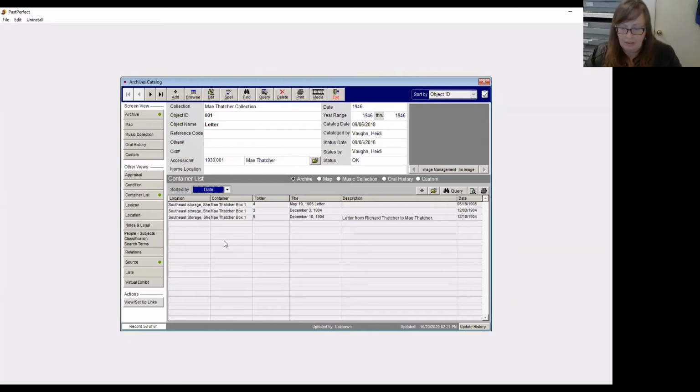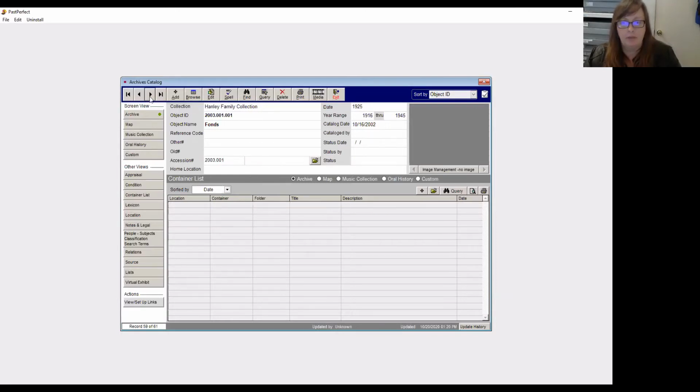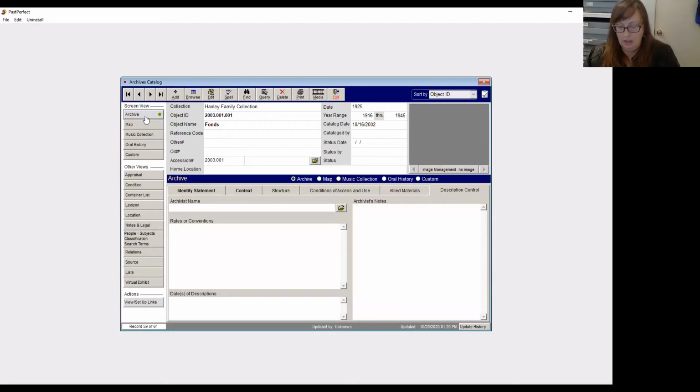One thing I did think was really interesting is that there is a thing called multi-level linking. So what you can do with multi-level linking, for large collections, you may want to use this to link collection records together in a hierarchical system from the general to the specific, and separate records can be entered for each level of description: fonds, collection, series,